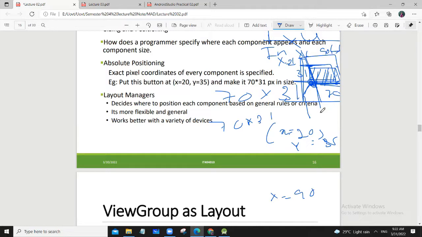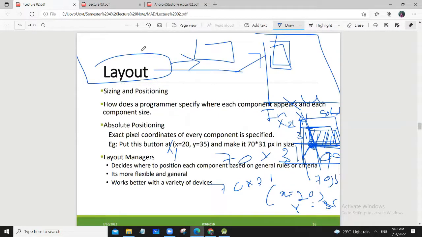Likewise, you can fix your size according to your preference, but you need to specify the starting point and the size of your component. Okay, so in this layout,